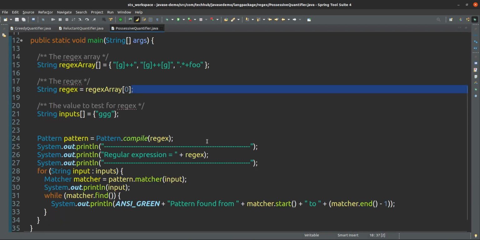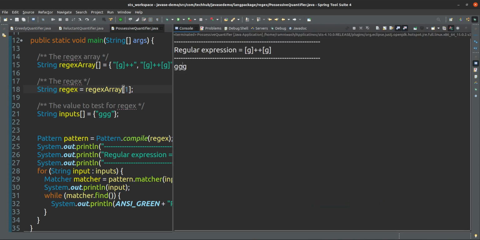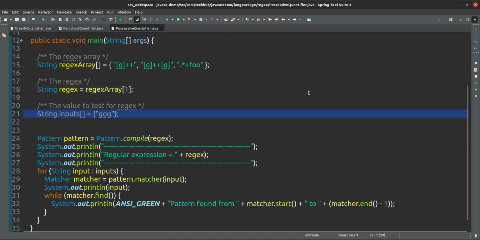Next one is here, so here if you see, and I run, it is passing, this is the regular expression for that one, it is passing that also.